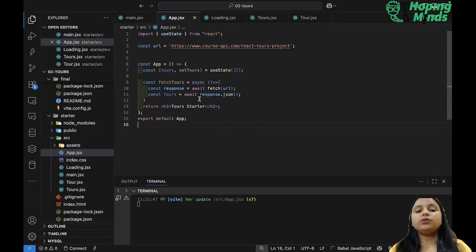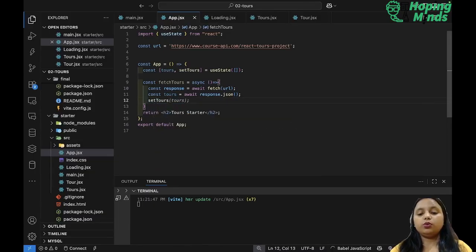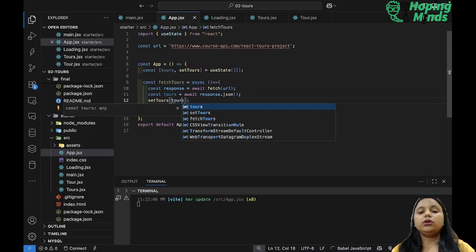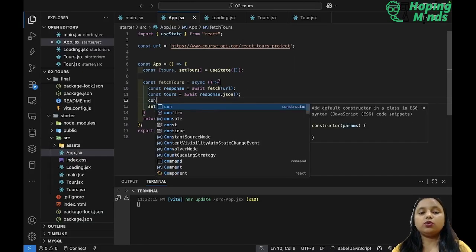After that, once we have got the data from the API successfully, we have to set this stores. Okay. So how will you do that? You will say set tours with your data which you are getting in response. So you will say over here tours. Okay. So if you want to check whether your data is there in that or not, what you will do is you will just say